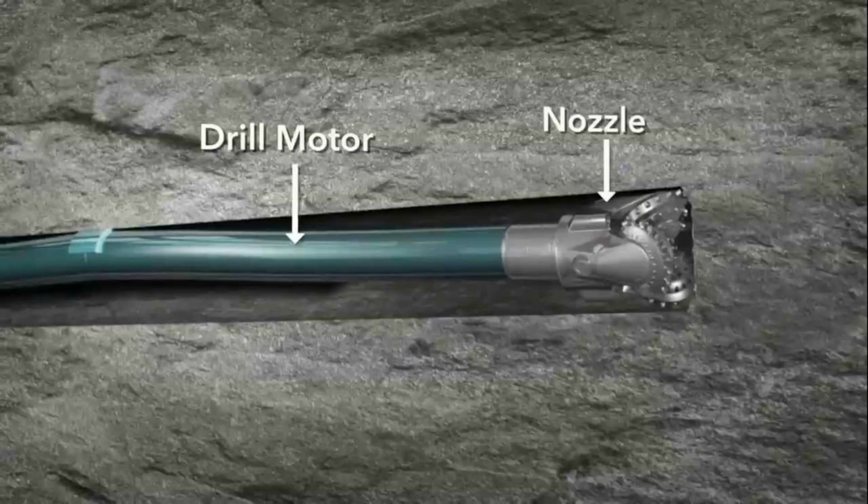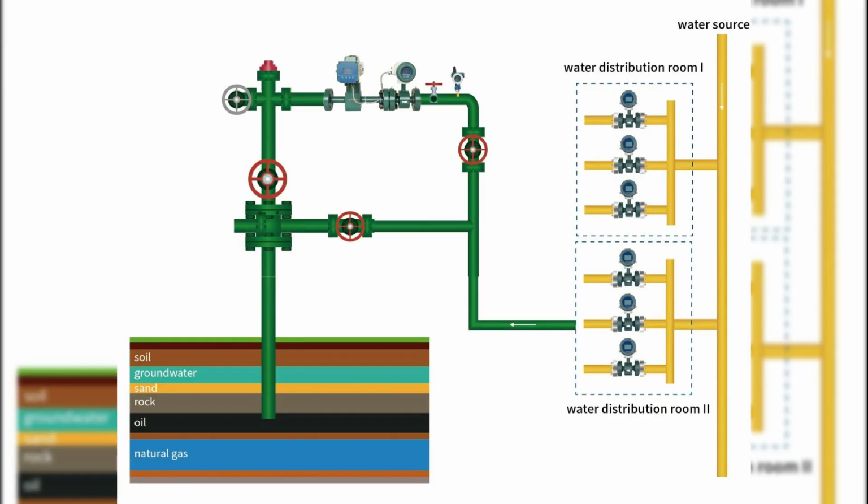Modern drilling often uses directional and horizontal techniques, where the well path is intentionally curved after a certain depth, allowing engineers to reach a larger portion of the reservoir from a single surface location, significantly improving efficiency. Throughout the entire operation, advanced sensors provide real-time data on pressure, temperature, and drill position, enabling precise control and